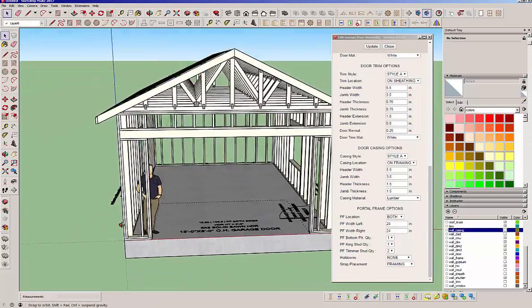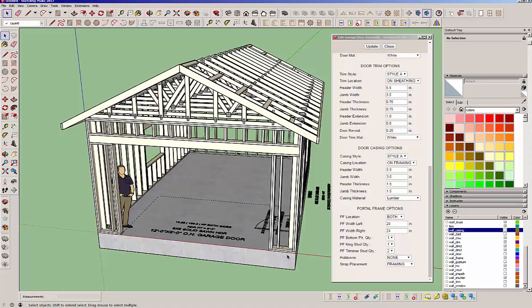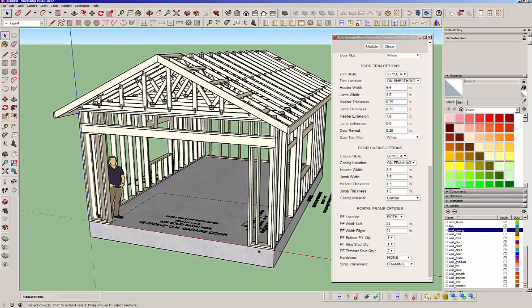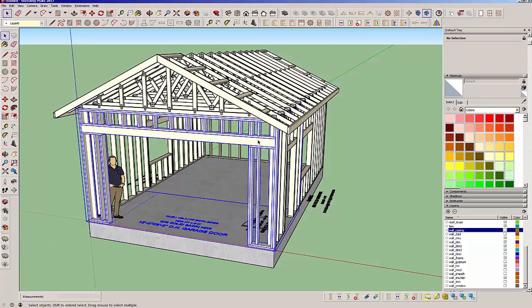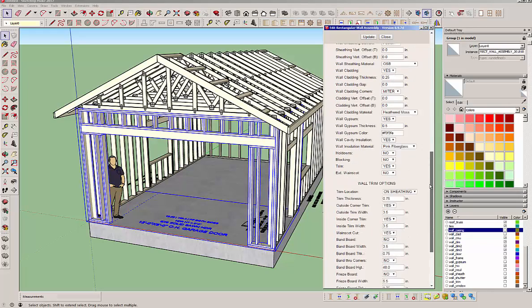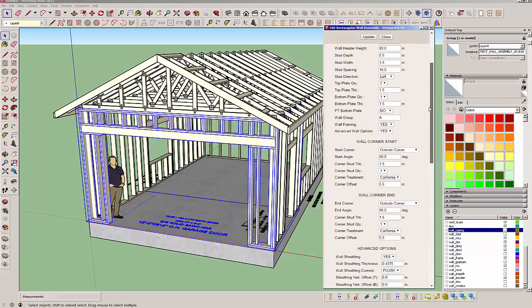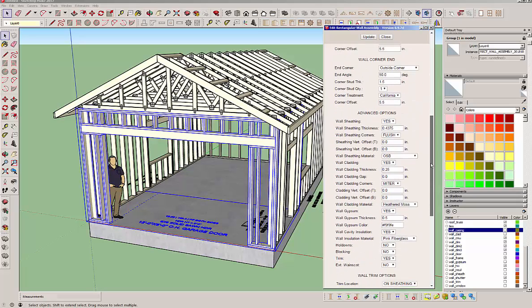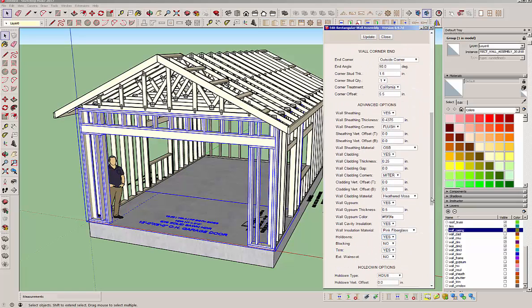Okay, and so this would be more typically what you would have in a situation like this, where you've got tall shear panels on both sides. The aspect ratio doesn't meet the requirements for regular shear panels. And we will get the hold downs added, and then you'll basically have a hold down here and a hold down here. And right now with the wall plugin the way it is, we actually can add some hold downs there, and let's go ahead and do that. But it's not going to add it to both sides of the shear panel, it's just going to add it to the one side. So we'll go ahead here under the advanced options, we're going to turn hold downs on,